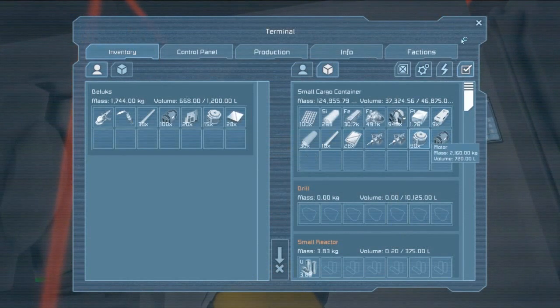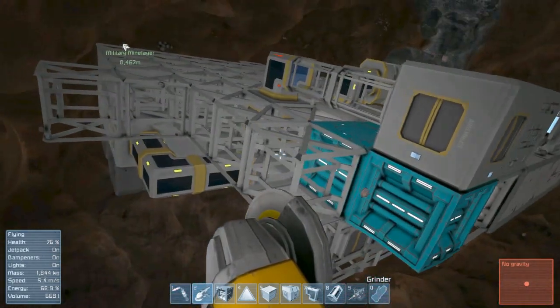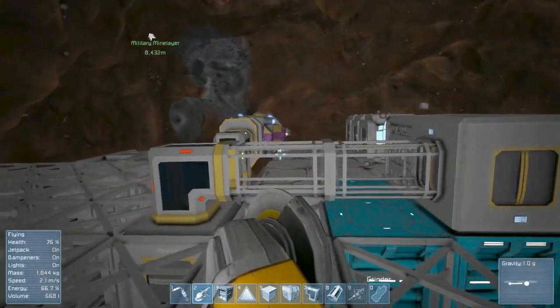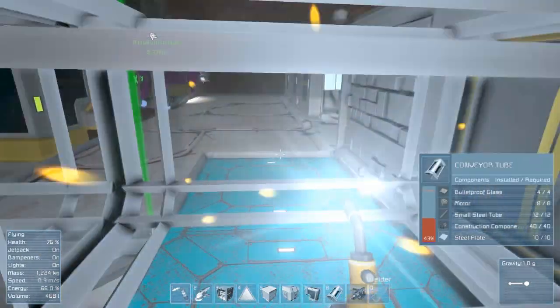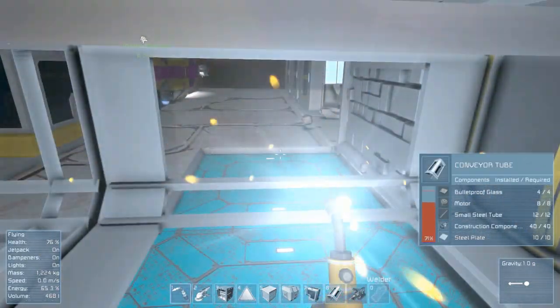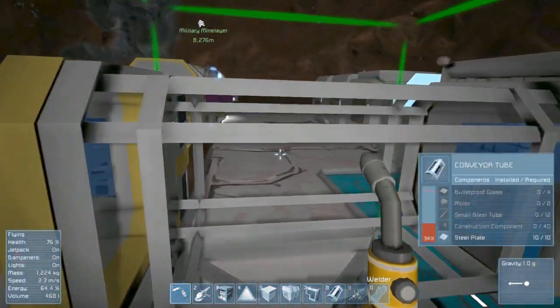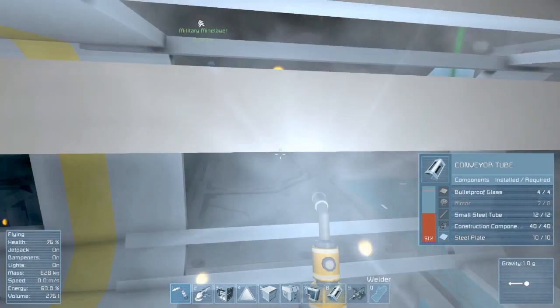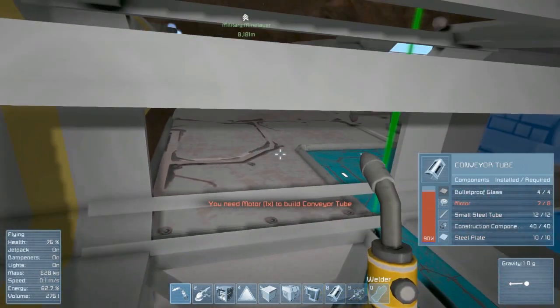Motors, bulletproof. I think that's everything. There's one big downside, and it's not big. We're all engineers playing this, right? So we figure it out. But when I build 2 refineries, and then build another 2 in completely different locations, well, every time you build something...